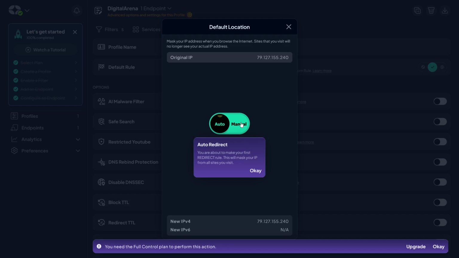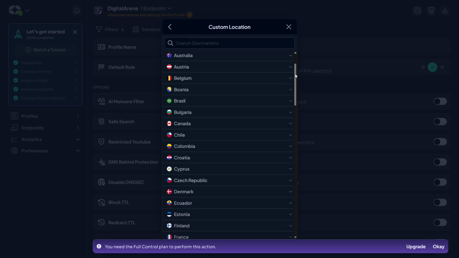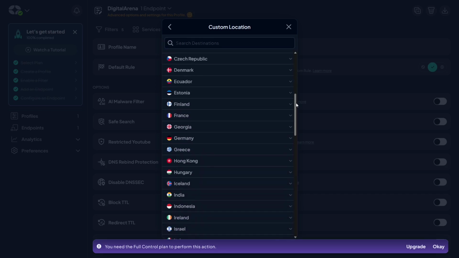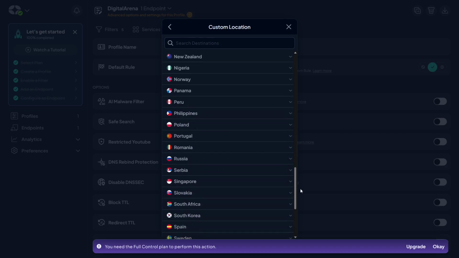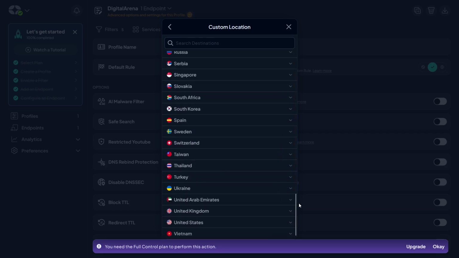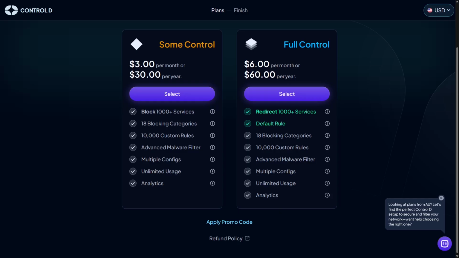Essentially, this option works like a VPN. This means you have the ability to hide your real IP address, that is, location, by having the program automatically assign one of the locations from the list or by manually selecting the desired location. However, unfortunately, this option is available only for premium users, and you can see the prices and benefits you get